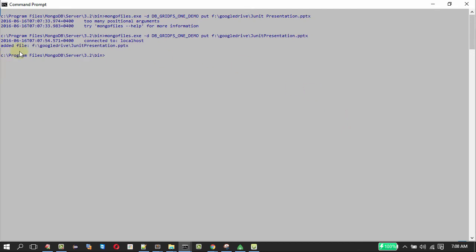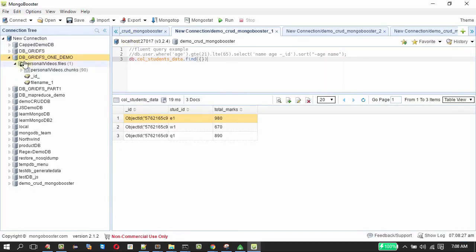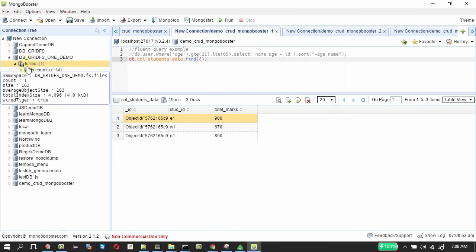Successfully added the file. The next step is to list the files present in the GridFS. So instead of put, we'll be using the list command here. Perfectly listed. The issue with mongofiles, as I have said earlier, is that it will be adding the files to the default bucket name, that is FS. Let us cross check the same here. As you can see here, the mongofiles command has created a default bucket named FS. There is no option currently available with mongofiles to create your own bucket name.